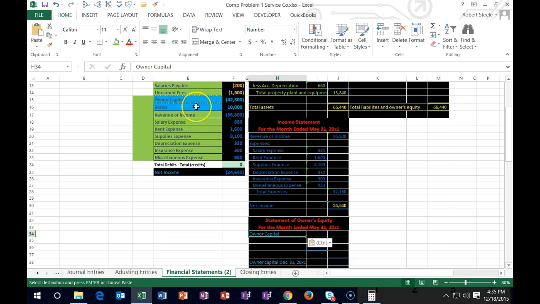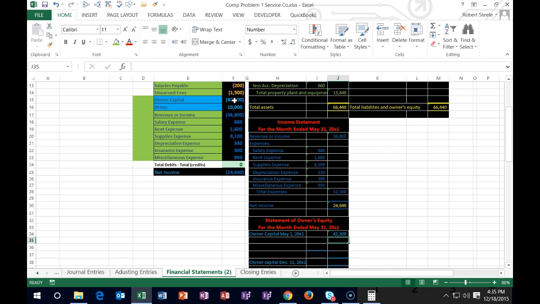So remember, this capital account represents the beginning capital account. This is the capital account before we plug all this stuff into it, before we close out the temporary accounts to this account. So I'm going to put this on the outside, or we're going to call this the capital account as of the beginning of the period, May 1st, 20x1. And we'll put that outside, and I'm going to put negative to flip the sign, point to that 42.3,